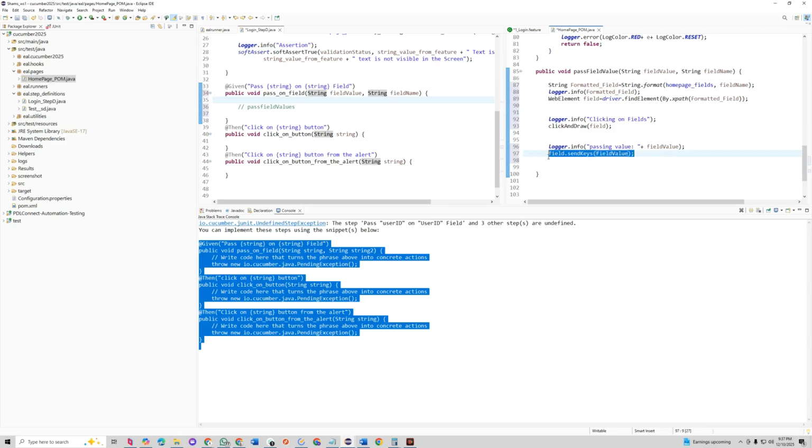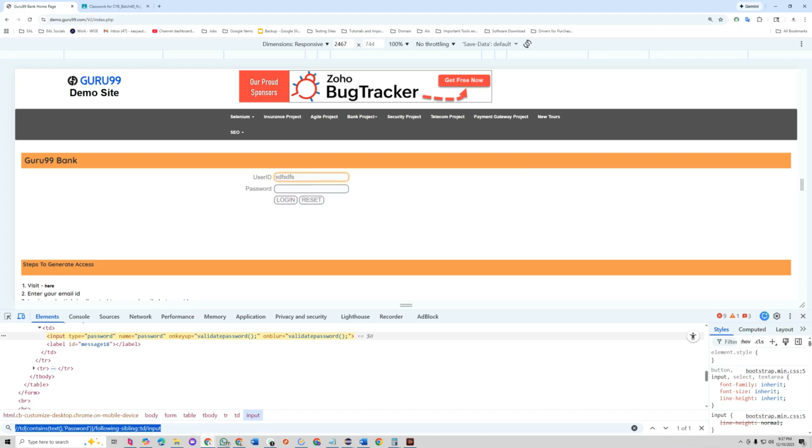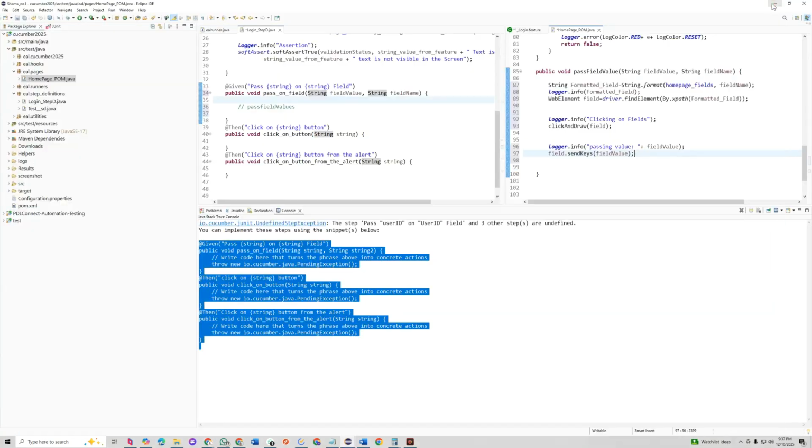Now be careful here. This is the built-in method we are calling. So we are going to pass the field value. After that, the thing I said right before, when you type or fill up anything, you can see that it is filled up. But if the field is disabled, will you be able to fill up? No, right? Then how will you know it is filled up or not? You have to get the value of it again. So after filling up, we are going to put another log